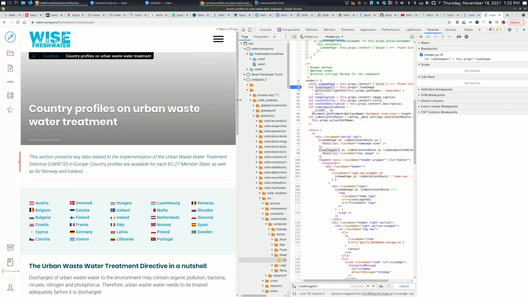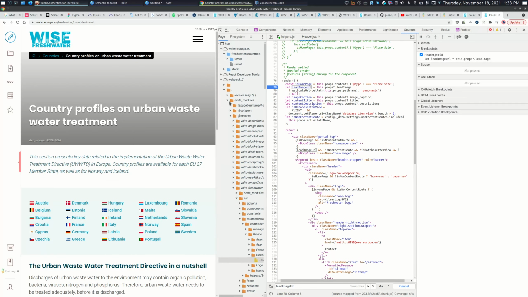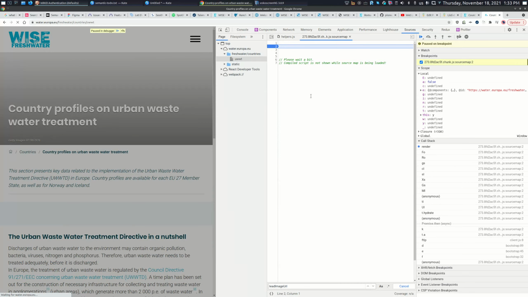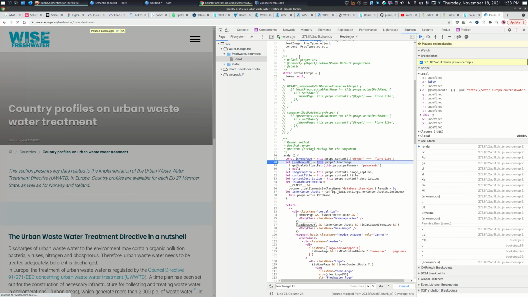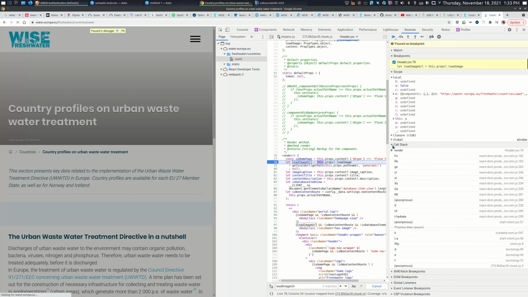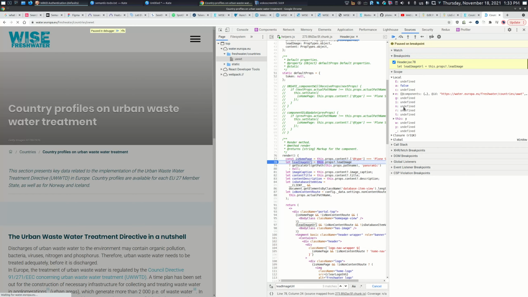And one example would be to try to resize to see if the component re-renders, but if it doesn't, I'll just refresh the page, and now notice that it's reading the source map and it's compiling, and yep, I'm here, and on my right side I can see the local scope, right? So, and I can step through functions, so I can do like step over, and now I